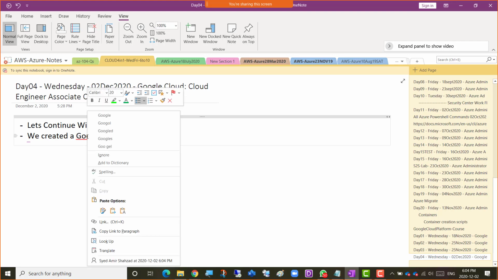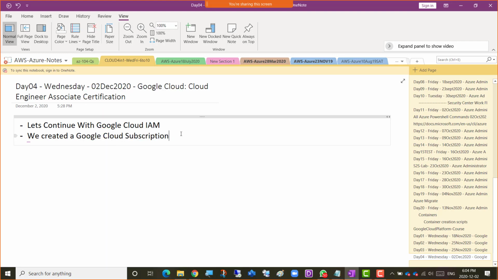And then we attached it to the admin console, which is the identity service. So we created an identity service, and then